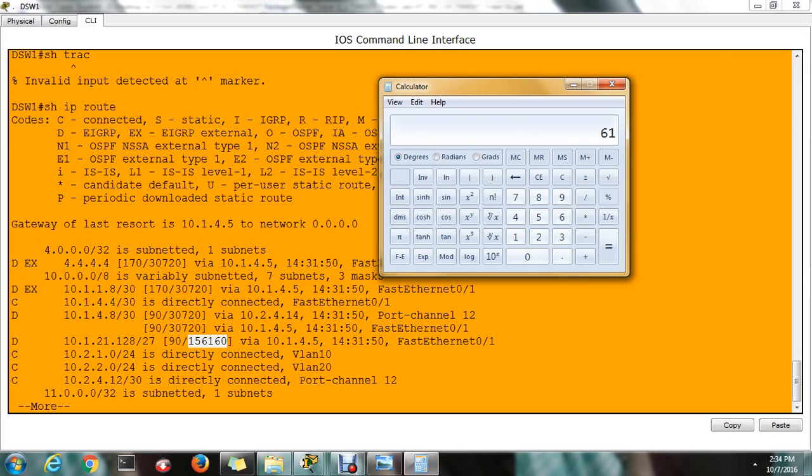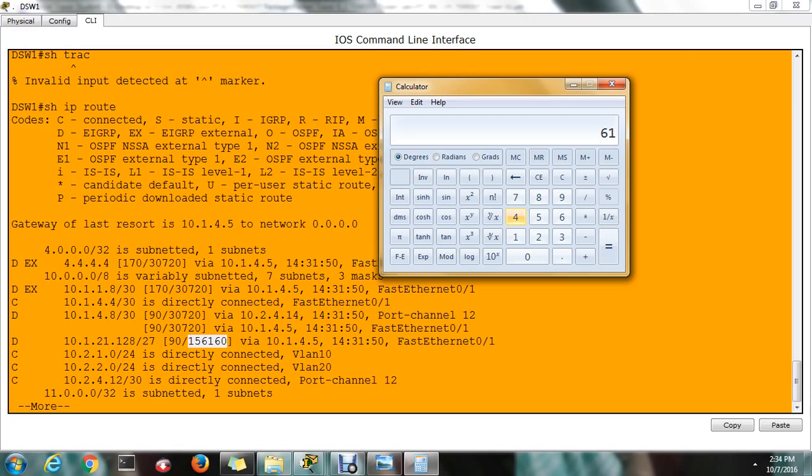So they will track the route. If the route was tracked, then it will decrement by 60. Then in the exam, the show track value will show the priority as 140. If the priority is 140 and the other is 150, then of course that will become the active router. So what will you do in the exam? They will track the route with one track command, and they will create two track priorities, one with this route